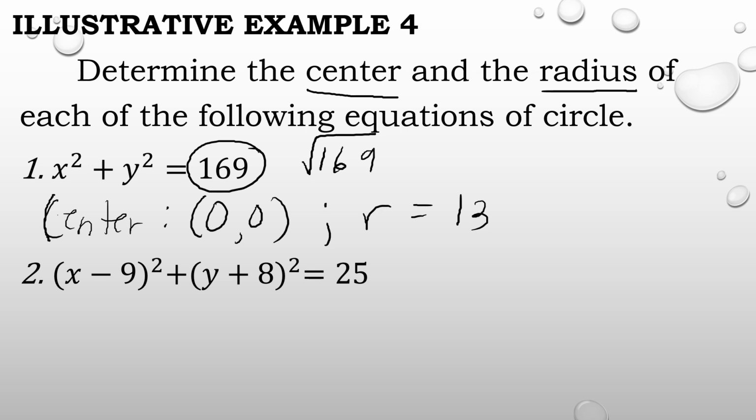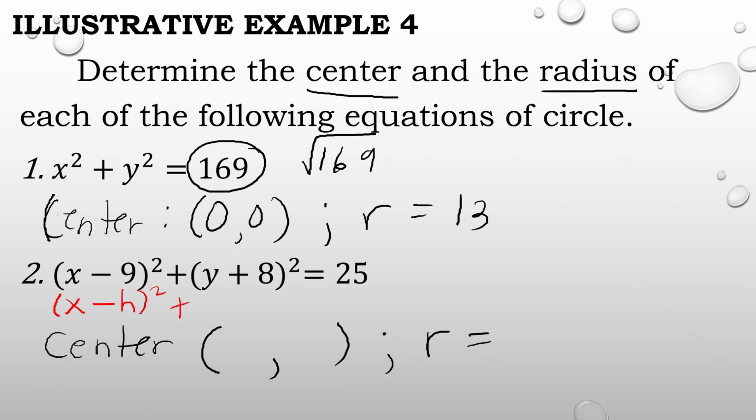Second example, (x - 9)² + (y + 8)² = 25. To identify the center, we have to identify the value of h and the value of k. And for the radius, we get the square root of 25. So first, let's identify the center. Remember, class, that this equation is in the form (x - h)² + (y - k)² = r². So meaning to say,